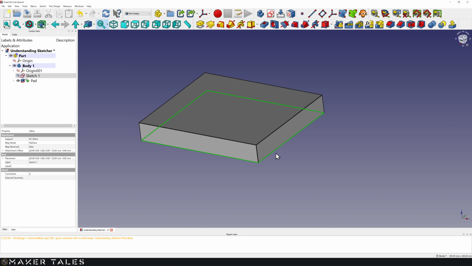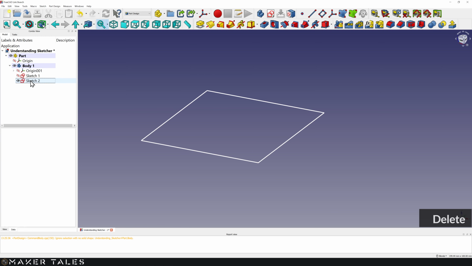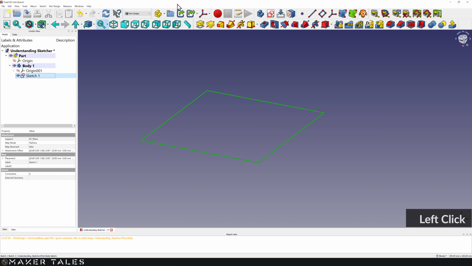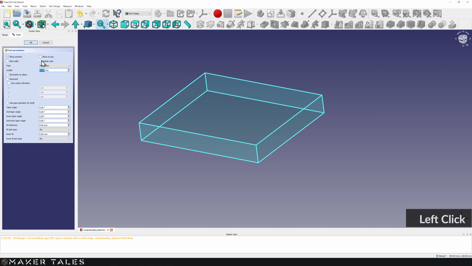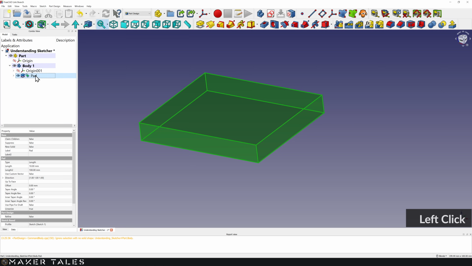All right, now let's talk about what exactly is meant by geometry, because I've just gone and shown you all of that referencing on lines. Well, let's delete this pad, delete this sketch, and now we just have Sketch 1 here. Sketch 1 is ready to be padded out, so let's pad this. We've padded it, we'll go for 10, we'll hit OK. Brilliant. Now, I'm about to do another pad, so we need to rename this as well.